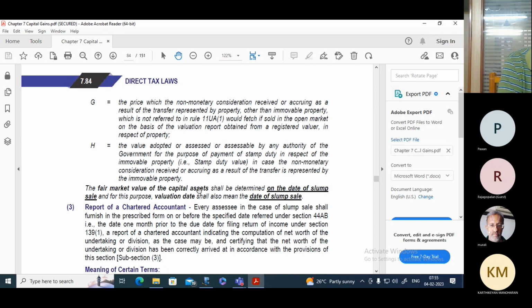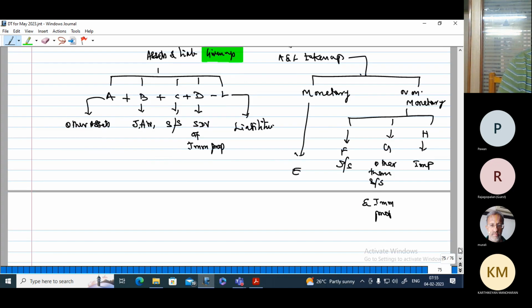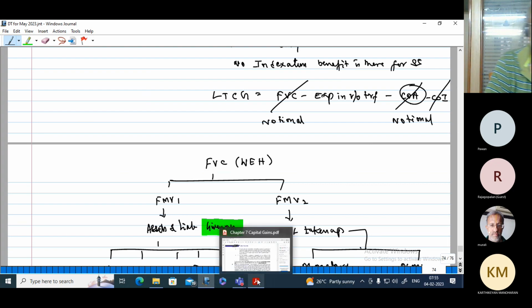Correct? A fair market value of the capital asset shall be decided on the date of slump sale. For this purpose, valuation date also means date of slump sale. Even in the stamp duty value that we were talking about under 50C, there is a small discussion I have kept pending that we will cover after the discussion here. Now, let me just complete. Whichever is higher becomes fair value of consideration. What is this? Full value of consideration. Correct. Then cost of asset and cost of improvement,